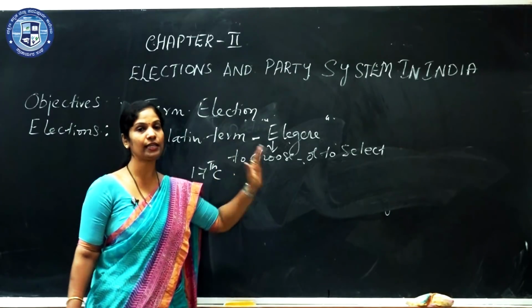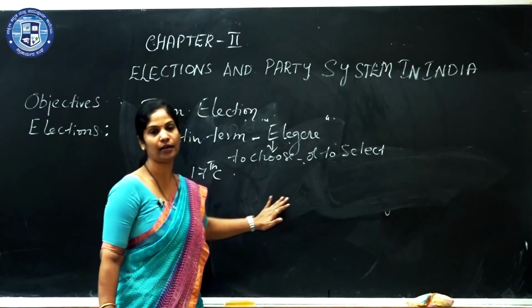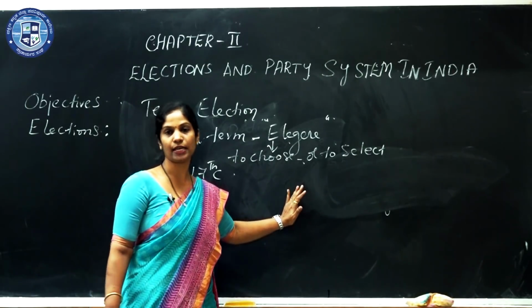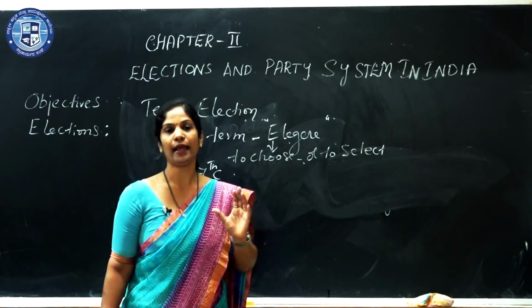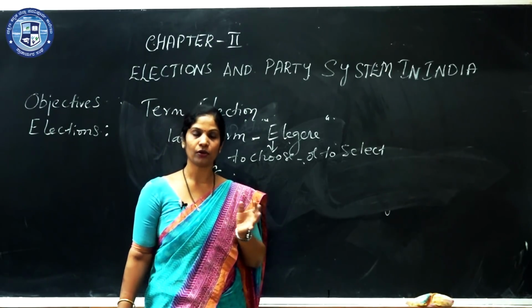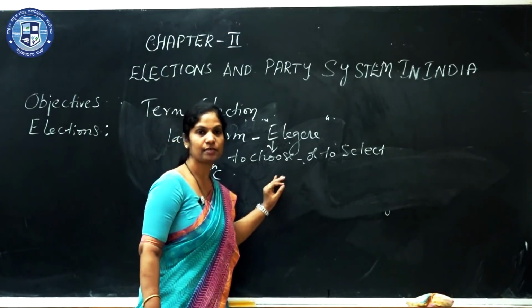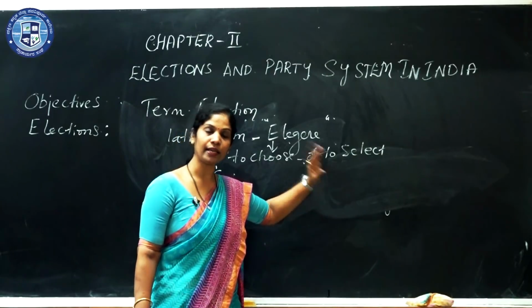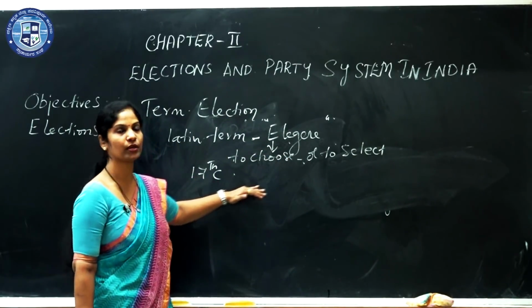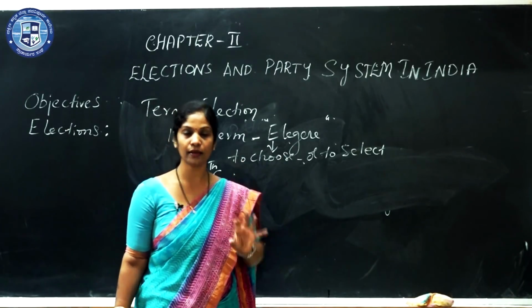During the 17th century the procedure of election also prevailed in Greece as well as in Rome to elect the emperors or the Holy Roman popes. The system of voting was prevailing even during the 17th century to choose the Roman popes, holy popes, or their